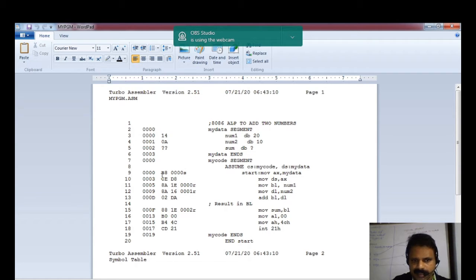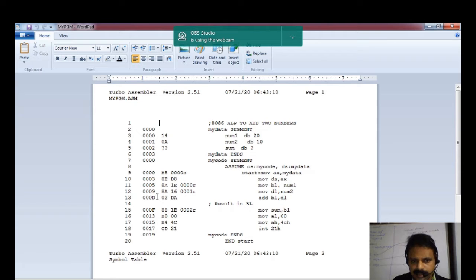Then it is not necessary that your program will be loaded to that exact address range, because the operating system will decide to which area your program should be loaded. So it is the work of the loader to arrange all these addresses according to the memory area assigned to your program. So at the loading time you will get another set of addresses.